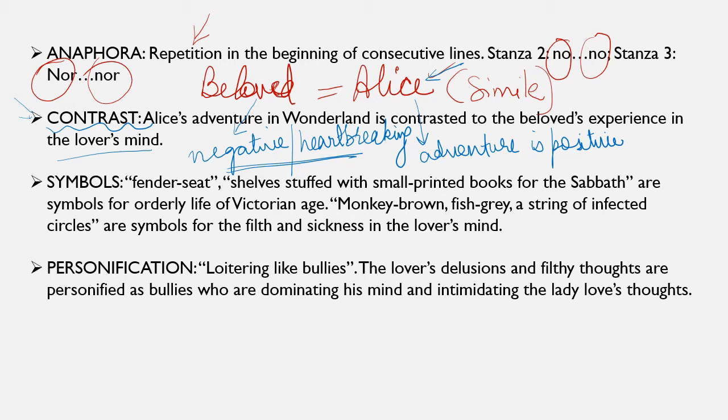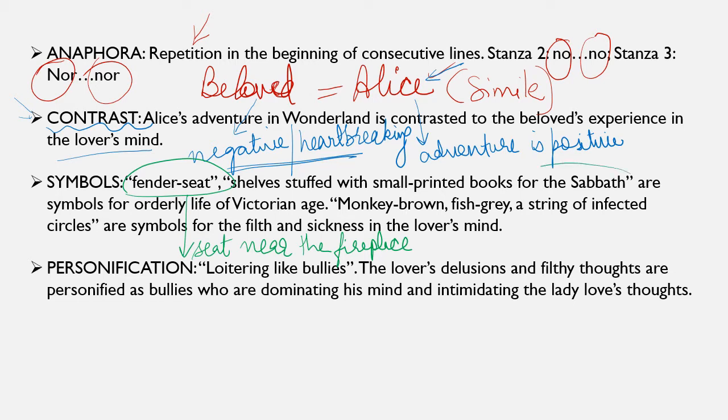Next, we come to symbolism. So, lots of symbols are used. For example, this symbol fender seat. Fender seat is a seat near the fireplace. So, it is supposed to be a very cozy place. Okay, then shelves stuffed with small printed books for the Sabbath are symbols for the orderly life